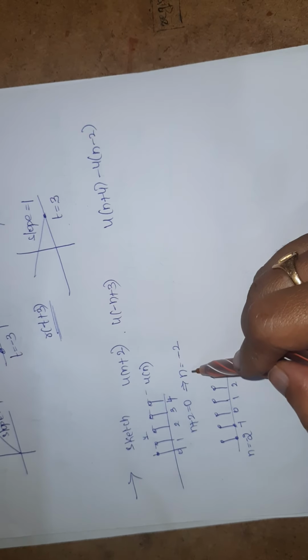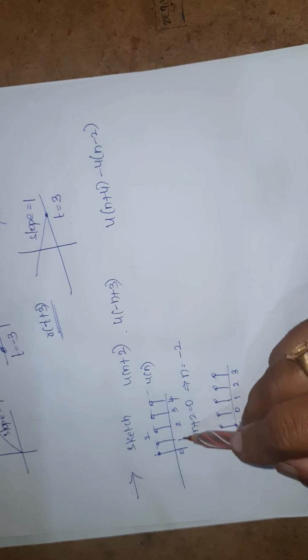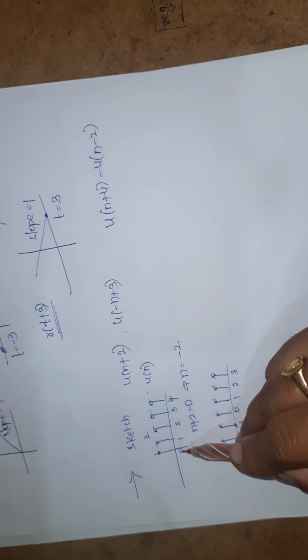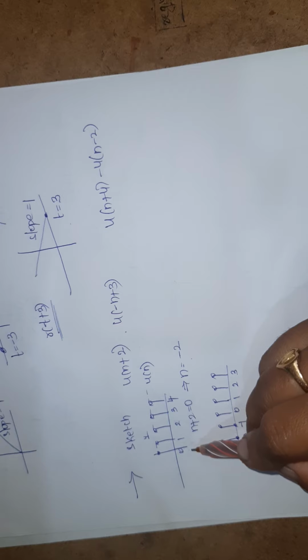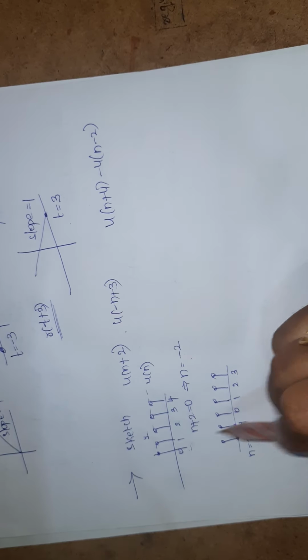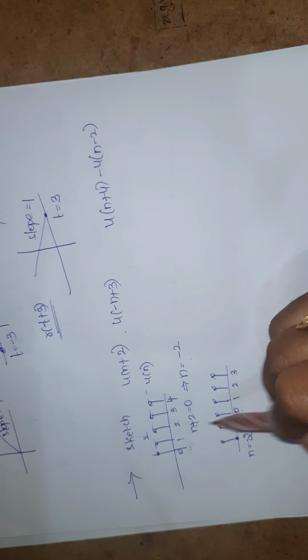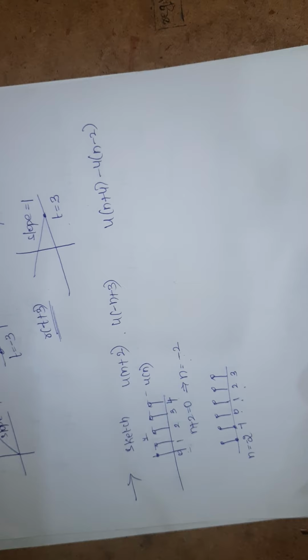Okay. So n is equal to minus 2. From minus 2 onwards, or I can say that wherever n value is there, here n is equal to 0. 0 can be added to minus 2. So here, 0 minus 2, minus 2. 1 minus 2, minus 1. 2 minus 2, 0. 3 minus 2, 1. 4 minus 2, 2. Like that.